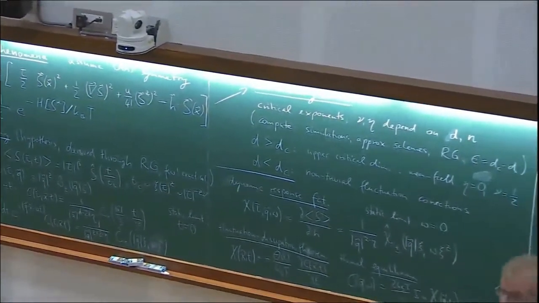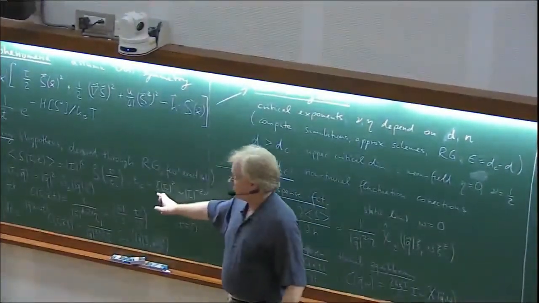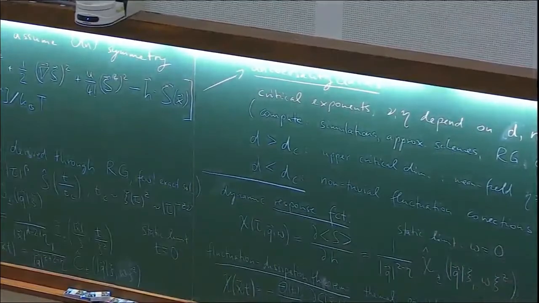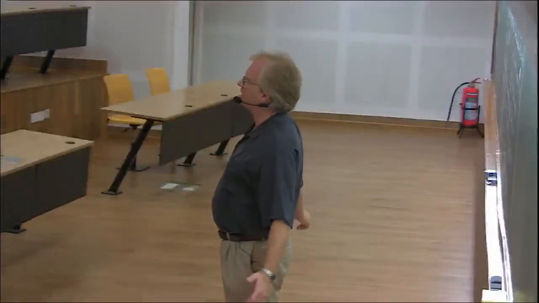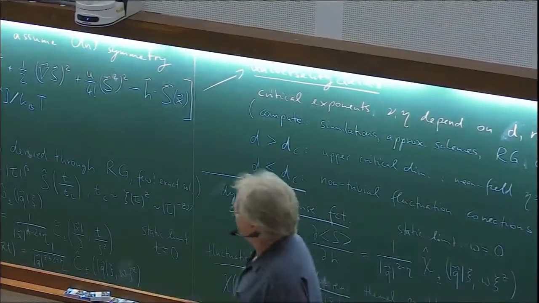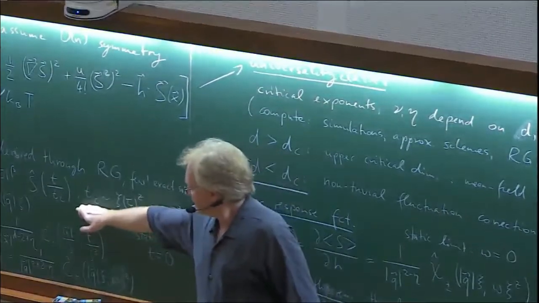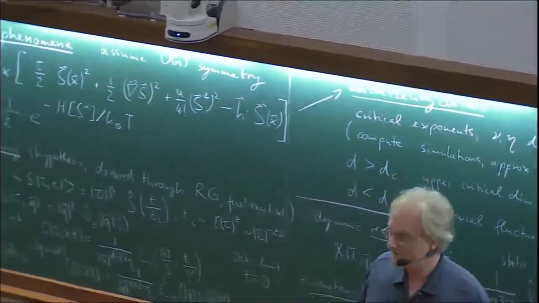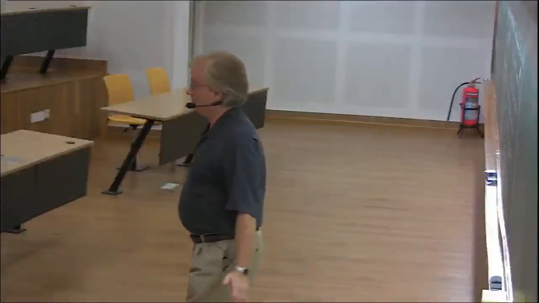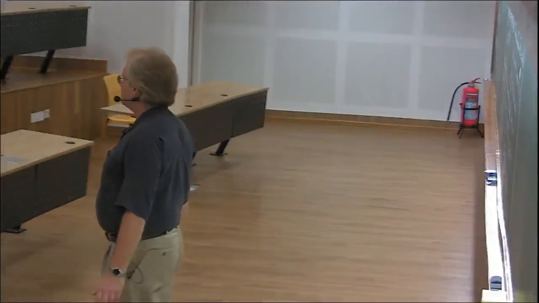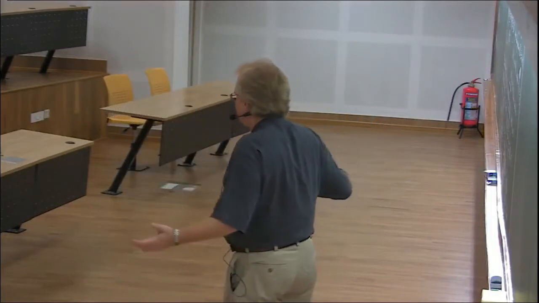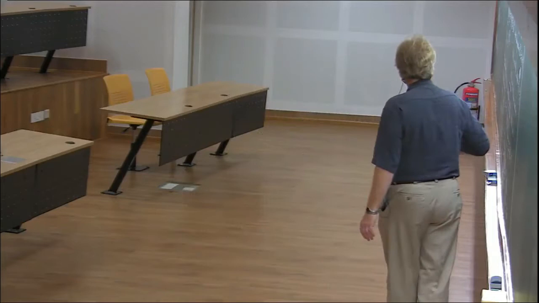So as you get larger and larger correlated regions, the size of which is determined by this correlation length xi, xi itself diverges with a scaling exponent we call nu, and almost everyone else calls that nu too, which is good because there are some notation issues in this field. And then the typical relaxation time goes as xi to the power z, so it diverges with tau to the minus z nu. That's an assumption, of course. It tends to be the case, it tends to be true. It's not always a power law. There are cases where you get exponential divergences or other variants, but in many systems these are power laws.